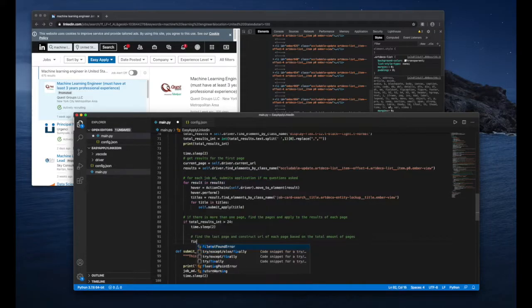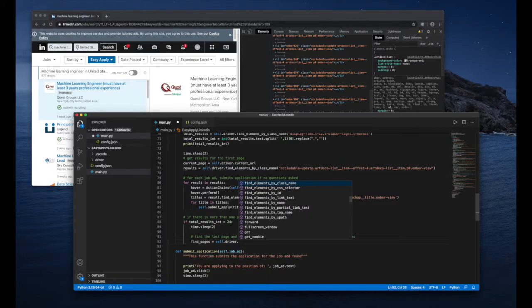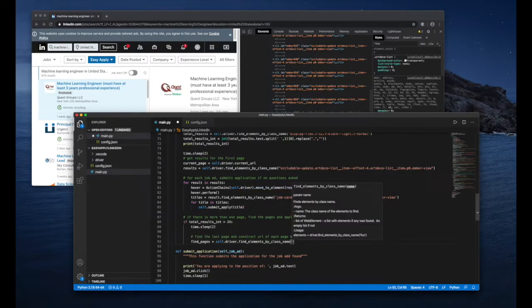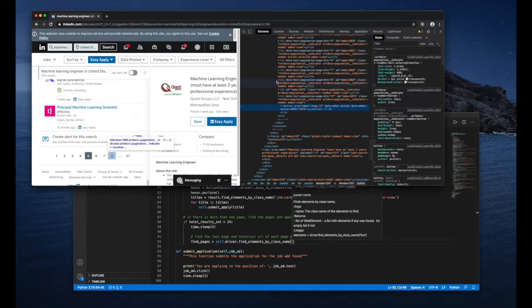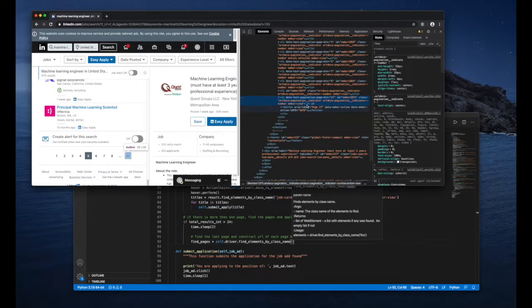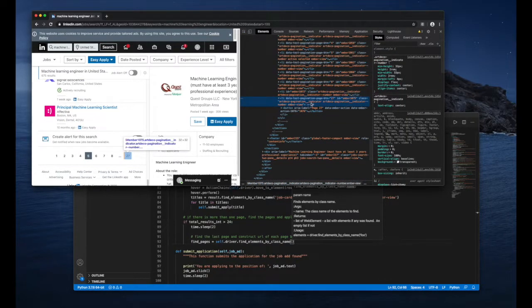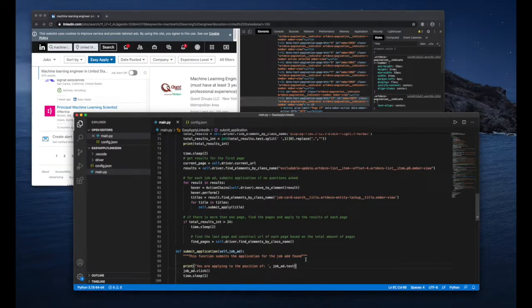So basically we're going to tell our program, find pages, self driver, find element by class name. We are going to find the indicator for our last page, which will be this one over here. So we're going to say here